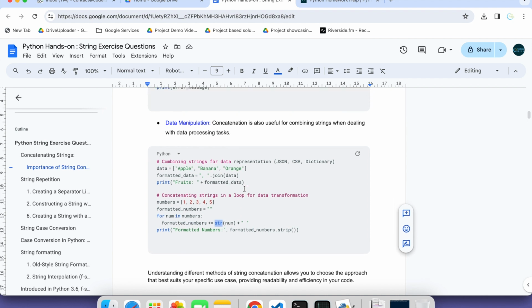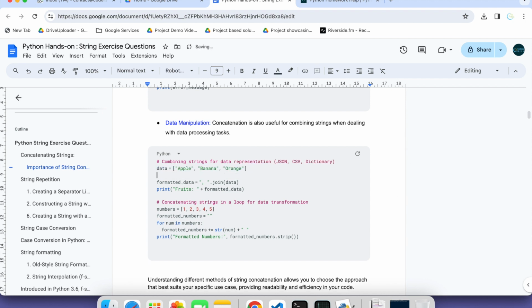So there is one method called join, okay. Join is used for structured data, meaning a data structure like a list, tuple, or maybe a dictionary, where we extract the data and repeatedly concatenate, because there is some pattern in it, okay. So if you want to concatenate all of these things together, how can you do that? Every time you do not have to write something manually,